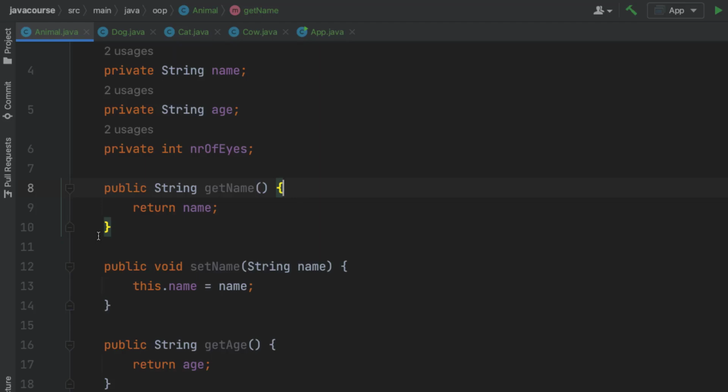It does take a parameter, string name, and this parameter is used to set the field of the class. So it becomes this.name equals name. This refers to the very instance we're on. So this means the instance's property, which is defined on line 4, name, is going to be equal to the